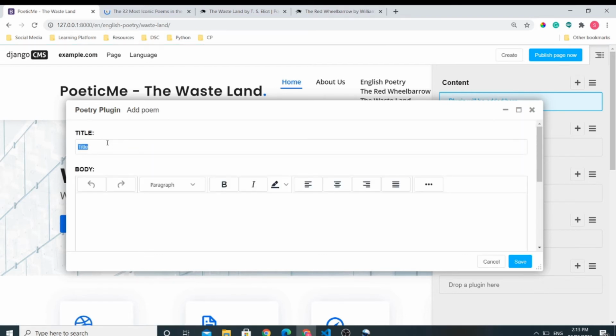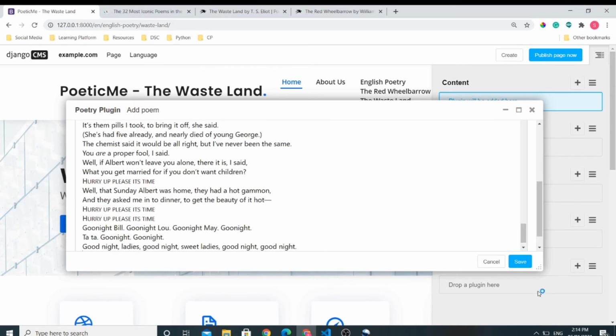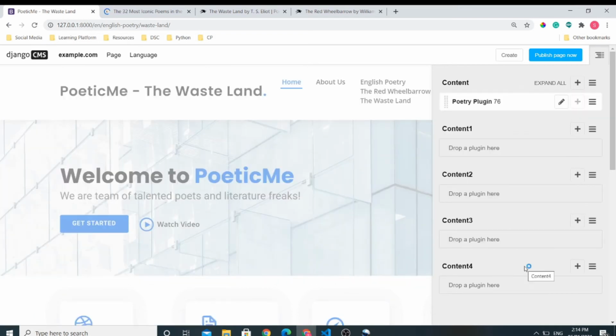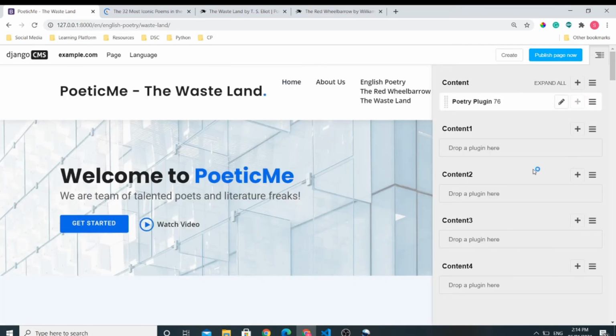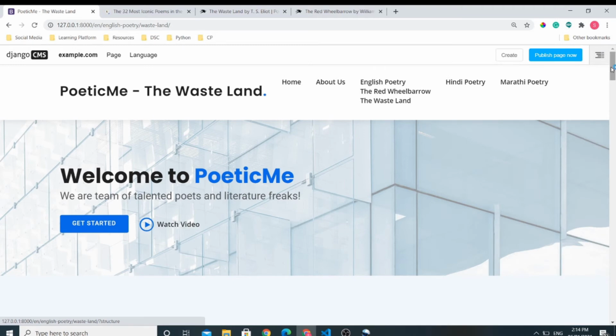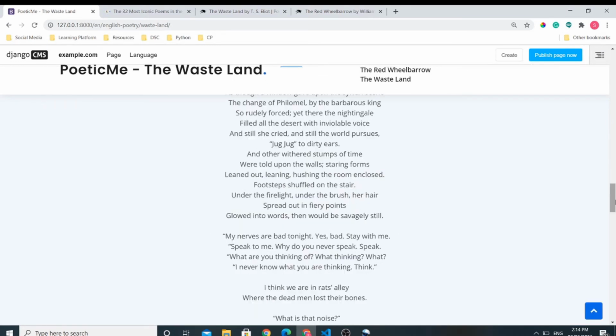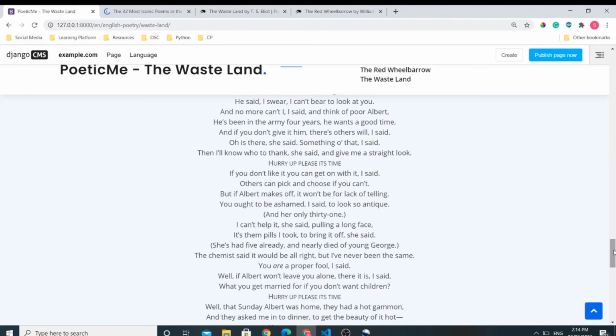Add the title of our poem, The Waste Land, and paste our poem here and save this. You can see our poem is looking good.